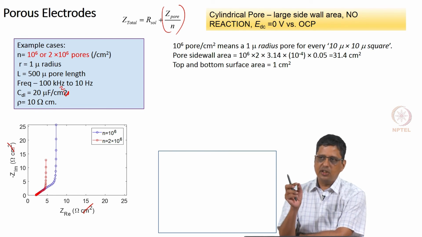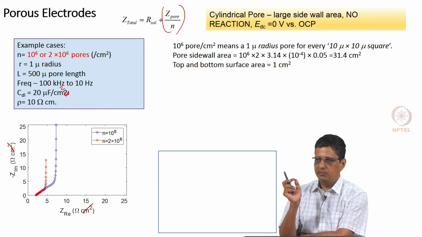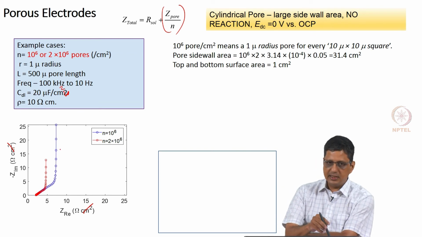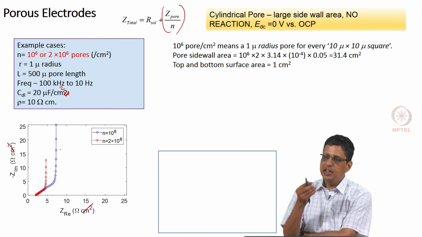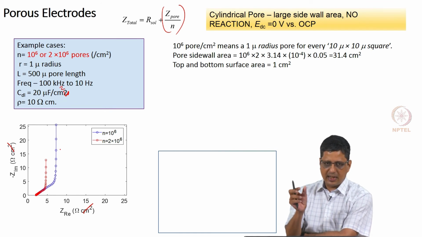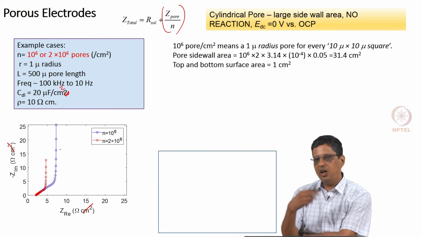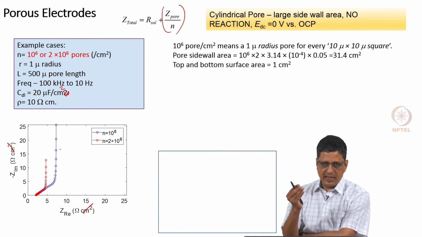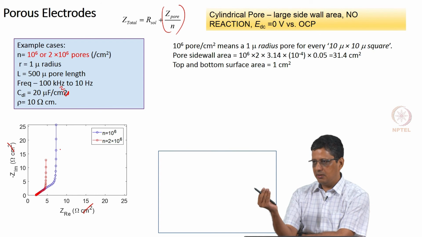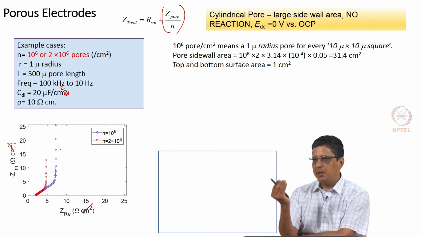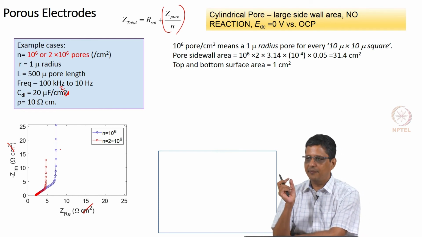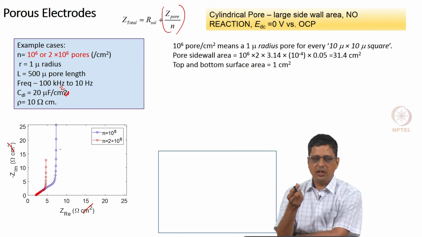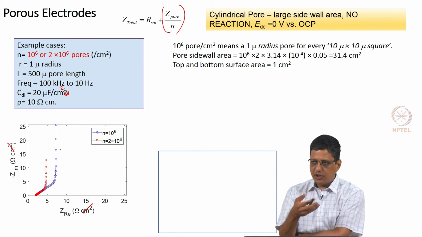Normally, when you take a porous electrode, all that you know is it is porous. If you get a pattern like this in a solution without any reaction, you would say this comes from a porous electrode, and let me see if I can recalculate the diameter and length. If I have some way of estimating the diameter using SEM, you will not get a uniform diameter anyway, right. So, you will measure the pore diameter and then take an average and say this can be a representative diameter, or representative radius.